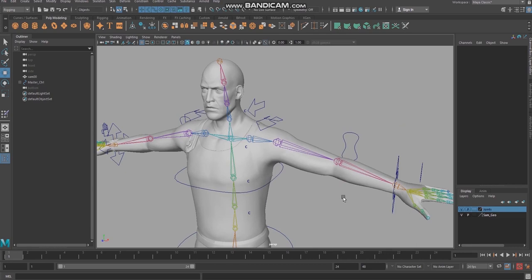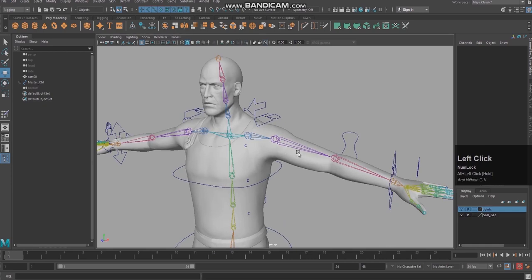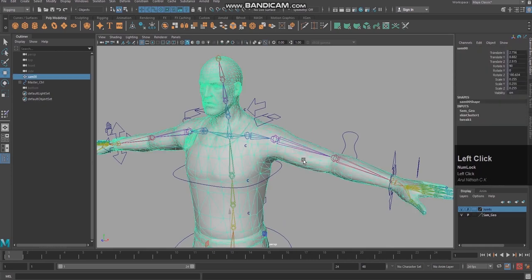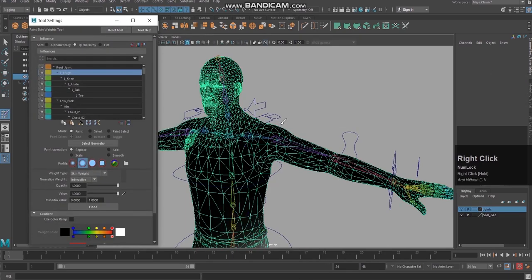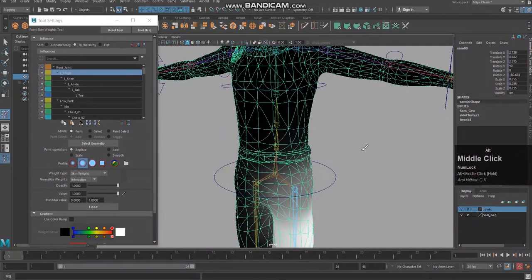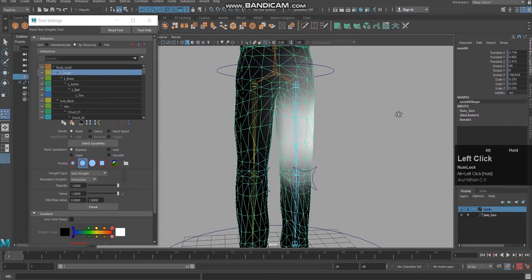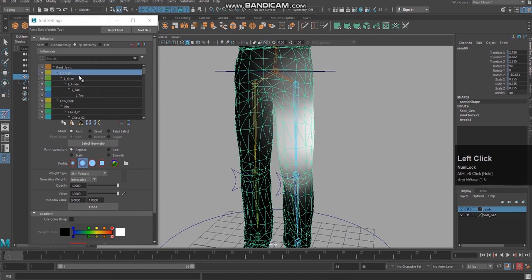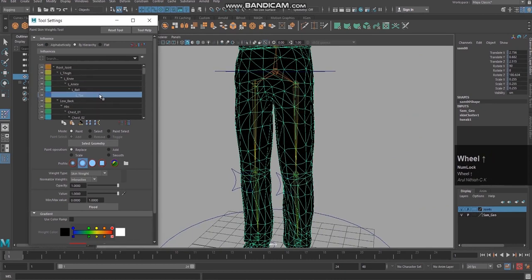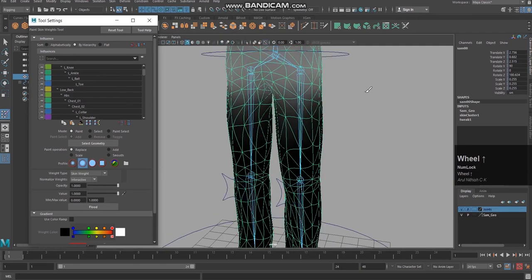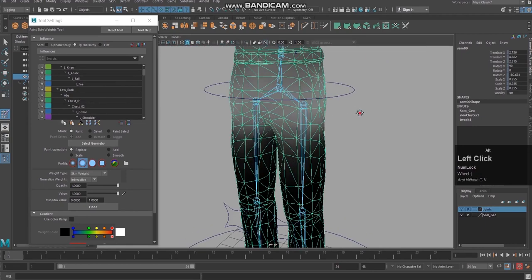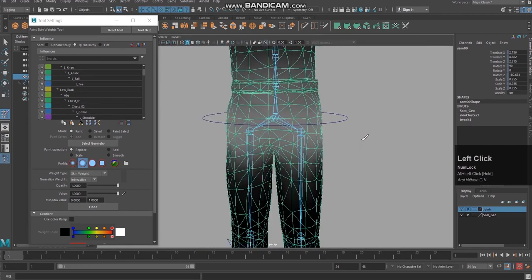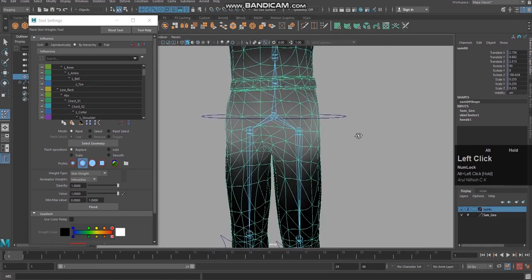For that I'm just going to select the model skin, right click on the skin and go to the paint skin weights tool. Once you click on that, you can see the blackened area, and the influence is in white. See, I have selected this joint. I am coming from the root joint. You can see the root joint has got its influence over this area, that white color area. The white color area is the influence of the root joint.